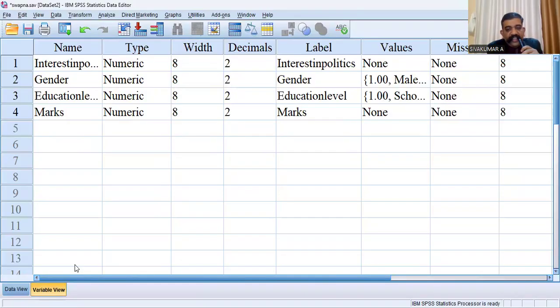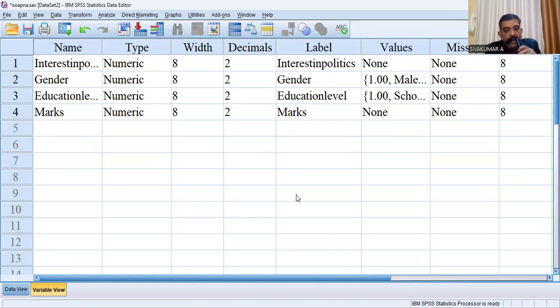Then, what is the first condition? The first condition: your dependent variable should be measured using the interval scale or ratio scale. That means your dependent variable should be continuous. In SPSS, it is known as scale.